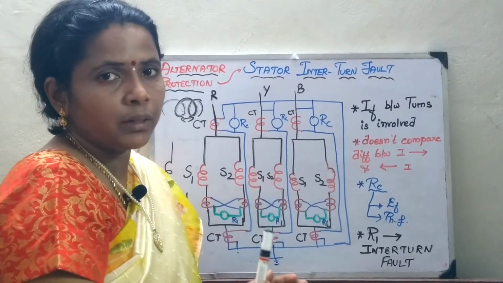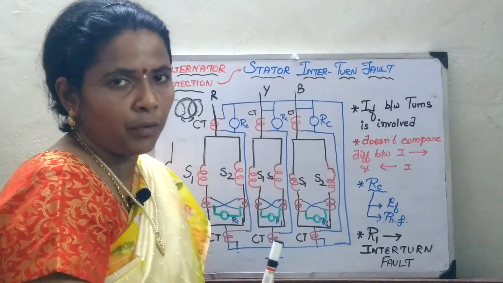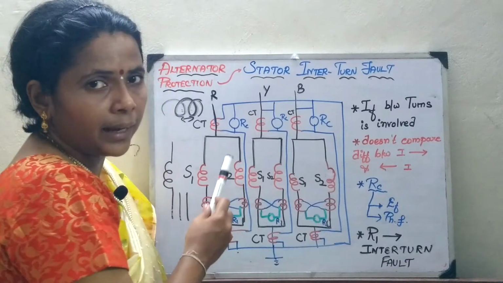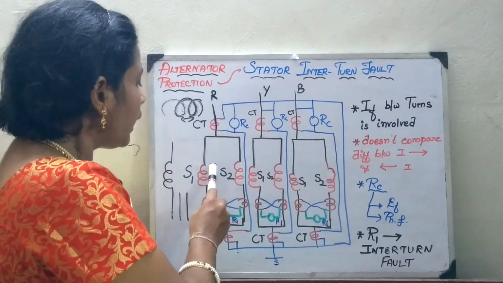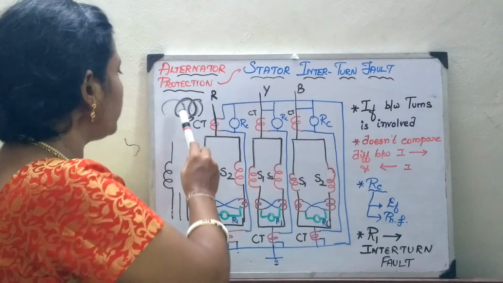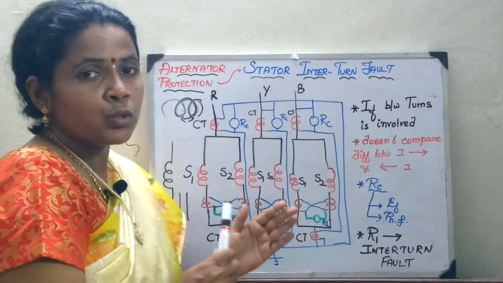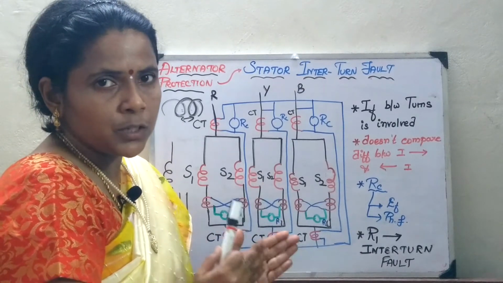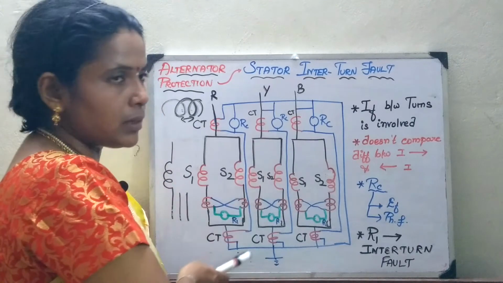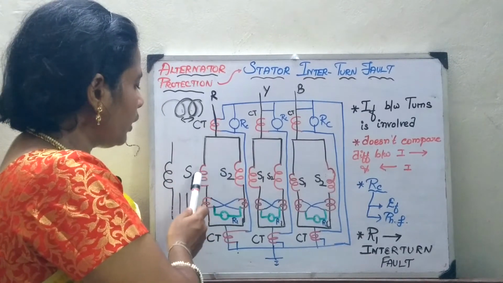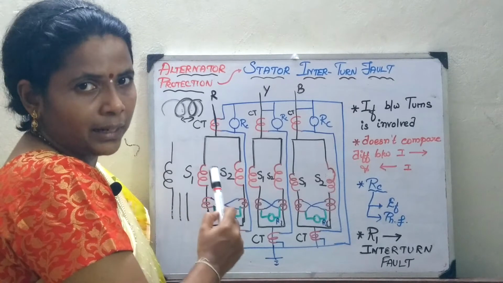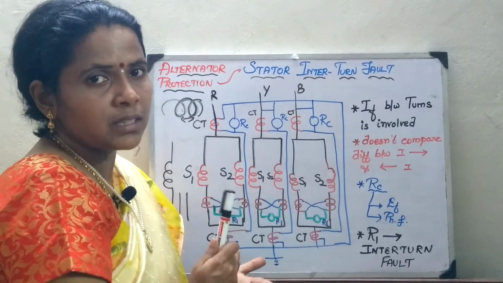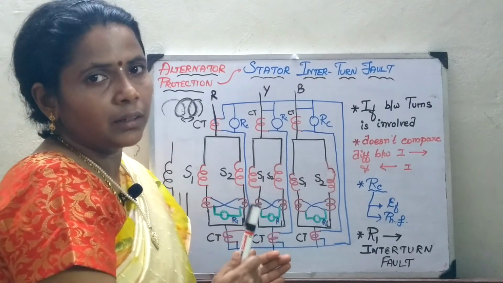But whenever I consider only the stator interturn fault, I am only going to compare the current entering and leaving the R1 relay, that is due to the current entering the two windings, between the two windings of the CT. So you should have a clear distinction between the merz-price protection and this. Merz-price protection deals with the current entering and leaving the circuit, whereas if I create an internal fault, that is between the two windings, I check whether the stator interturn is perfect or not. In that case, I have to go in for a separate interturn protection.